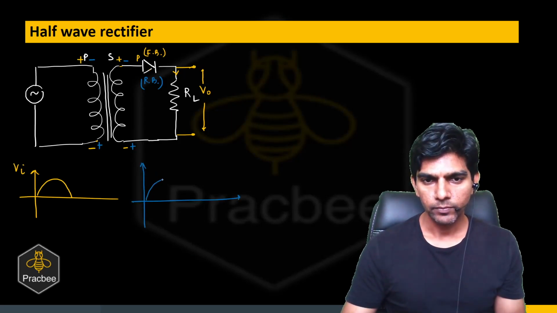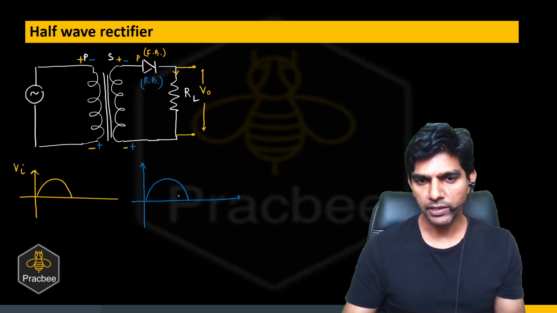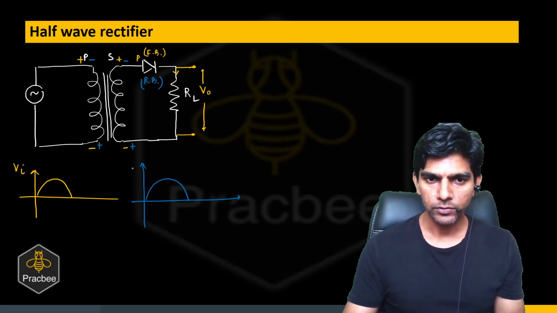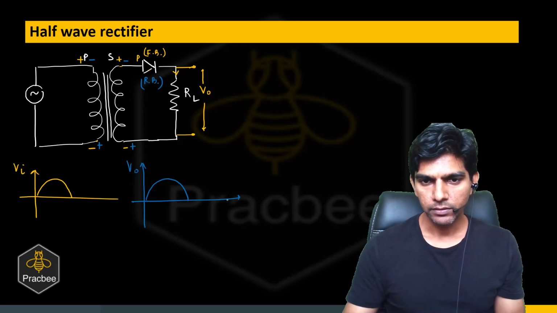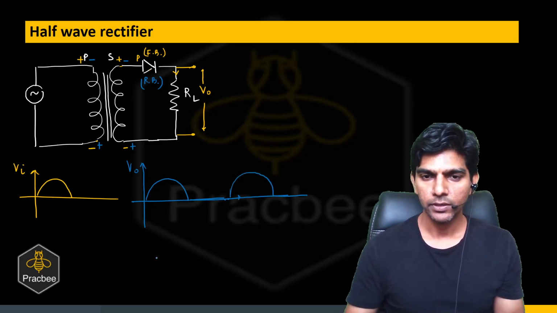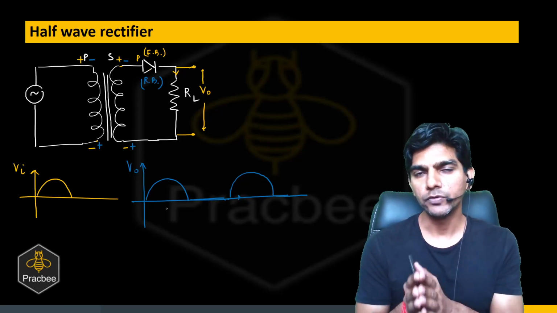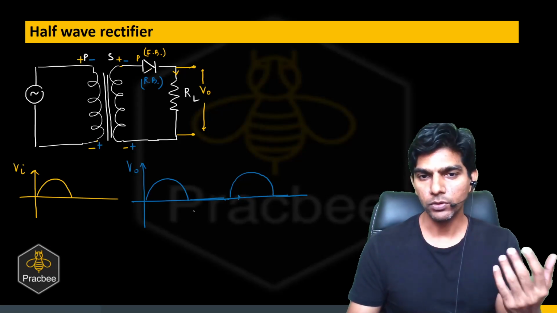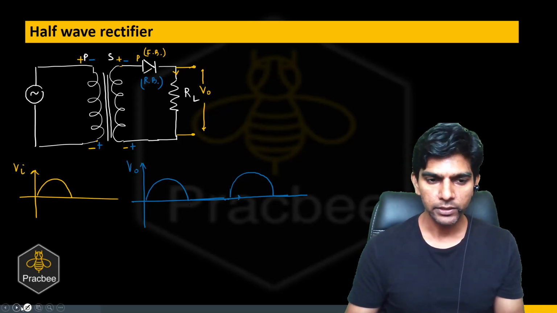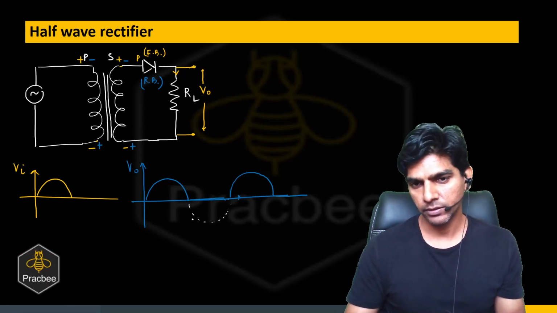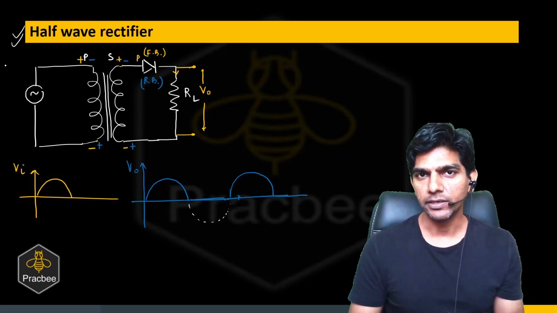So we can say if I plot the graph for output, it will be like this. So for the first half cycle, we'll have a reading, or we have some output voltage, and then it will be 0. And then again for the third half cycle, it will be positive again, and then will be 0. So can you see what is happening here? We are able to rectify half of the wave, right? But not the full wave, because we are not able to rectify the second half. That much portion we are not able to rectify. So that's why it is known as a half wave rectifier.